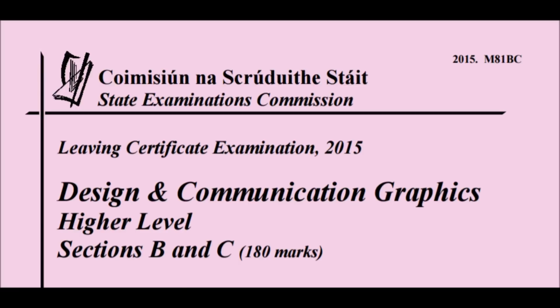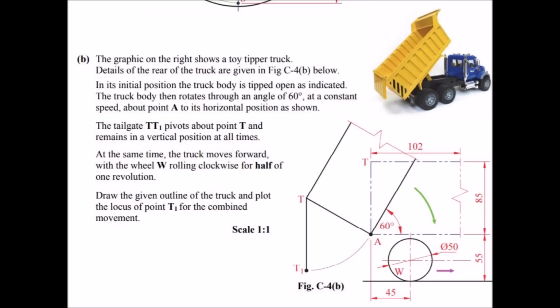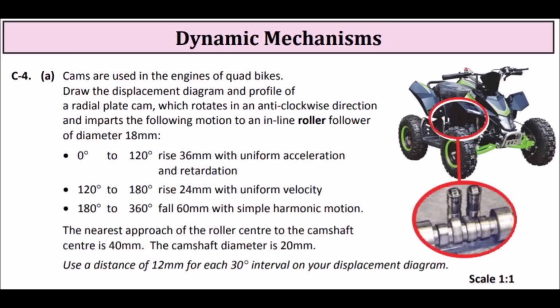The only thing I tend to try to predict is section C, question C4, the dynamic mechanisms question, because there is a range of topics there that can pop up, from loci to cam to spirals to the helix, etc. This year, what I think might come up possibly is a loci at the start, and then possibly a cam question as well. So loci or cam. Now looking back, last year we had a linkage and an Archimedean spiral. The year before that, we had a cam and a linkage. Then you had Archimedean spiral, loci, and so on. So linkage, cam, etc. when you look back.